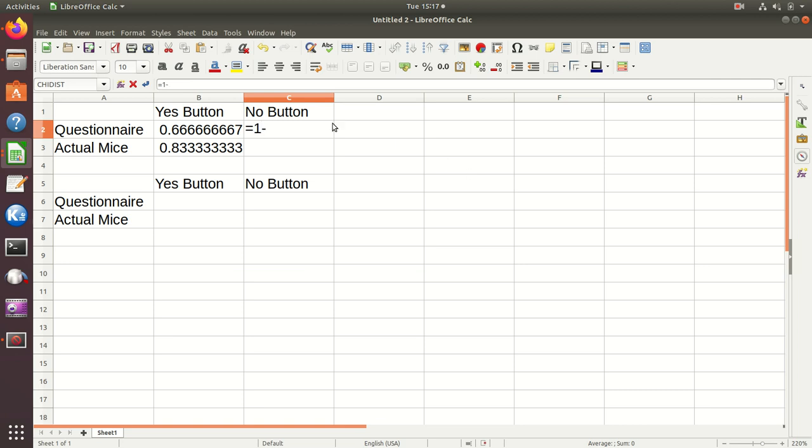1 minus the yes, and so I can do that formula, just 1 minus B2, hit enter, and then actually just drag that formula down, and so there I have my proportions of just people who hit or didn't hit the button, or said they would or said they wouldn't, and now somehow I need to turn that into actual numbers. Well, that's going to be based on how many were in the sample,